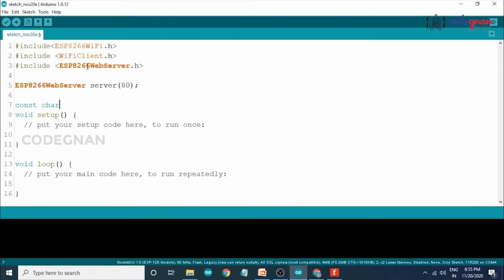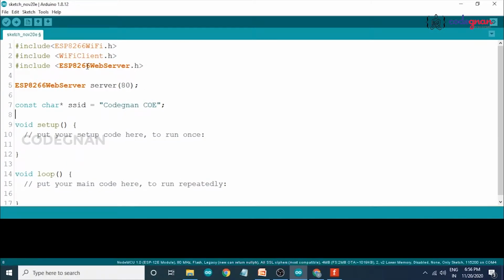The const means the value will not change through the program, and if you try to change it, it shows an error. const char ssid, that is your Wi-Fi name, equals to, in my case my Wi-Fi name is Cognan COE, and we also have to provide the password of our Wi-Fi, so const char password equals to 20082018. This is my password.